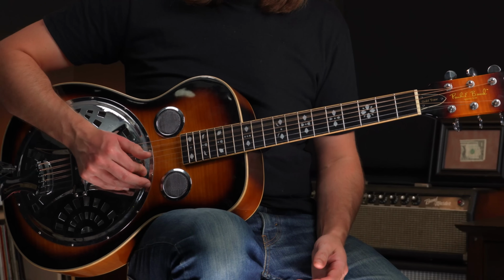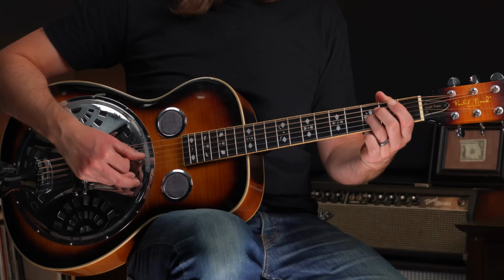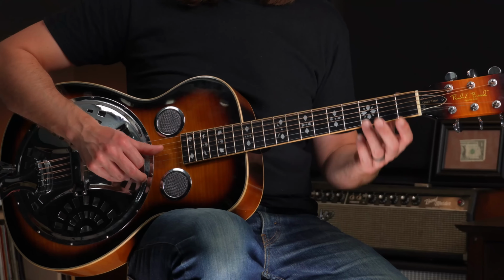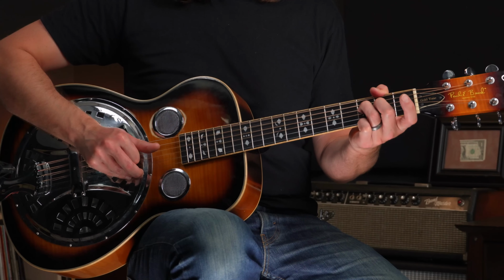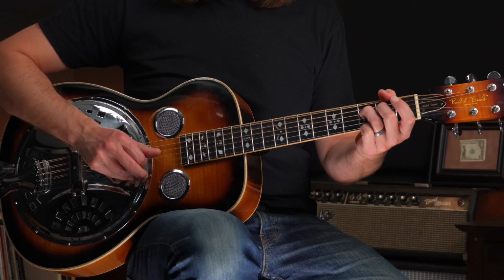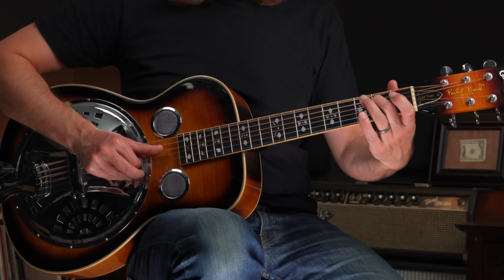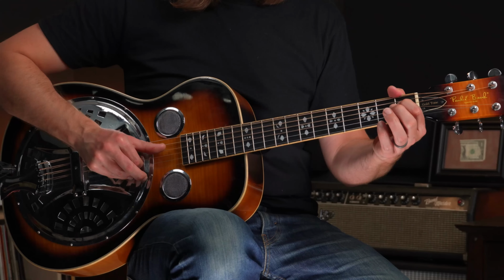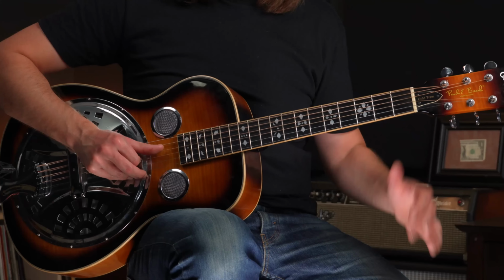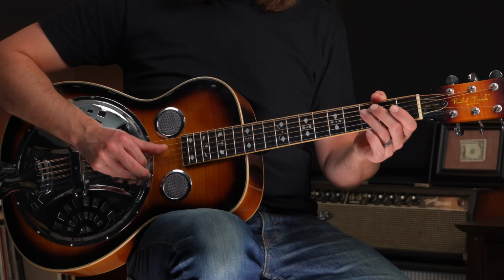Alright, so we start off 1 and, very familiar territory, and then we're going to start here, the F on the 4th string, 3rd fret, and we're going to play 2 16th notes. This would be beat 2, so we go 2 E. The E there is the open 3rd string for that G, so we've got 2 E and, come back to the F for and then we're just going to pinch strings 4 and 3 together for beat 3 and, then drop down again, that was here, 2nd fret, drop down again on the 4th string to the 1st fret, and we go 4 and, then for the last measure, we play these 2 open, that's 1 and 2, and then